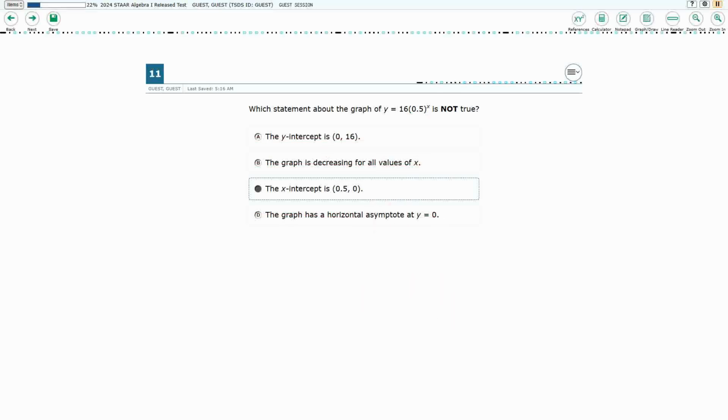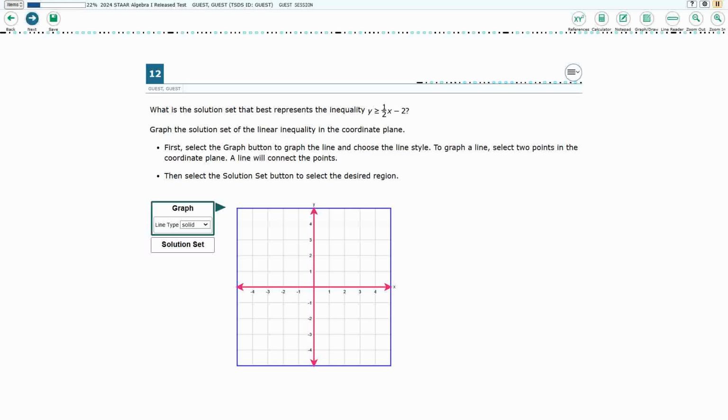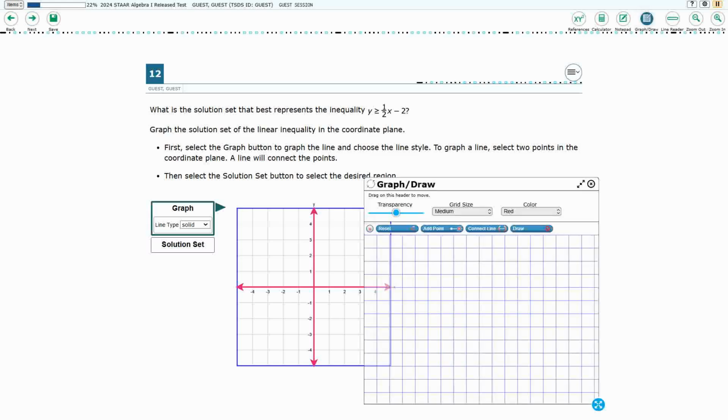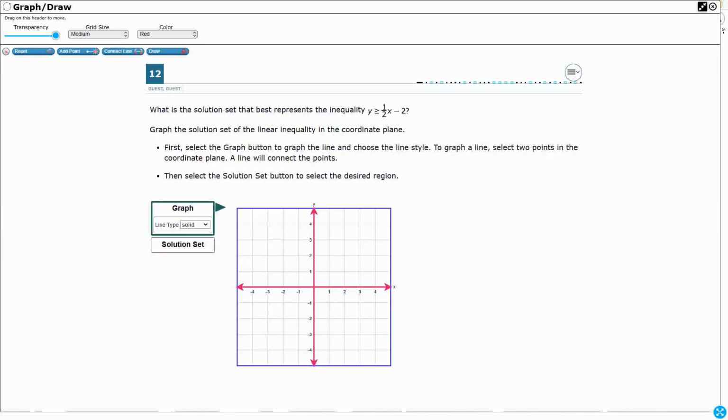So next, we are looking at graphing inequalities. This is 8.3D, and this is a graphing problem. So our answer is simply to graph it, but we're probably going to have to work something out here. So let's see, what is the solution set that best represents y is greater than or equal to 1/2 x minus 2? Well, before we get into this, if we were to look at it like slope-intercept form,